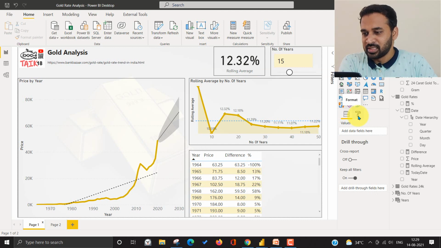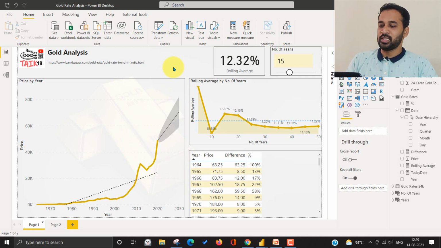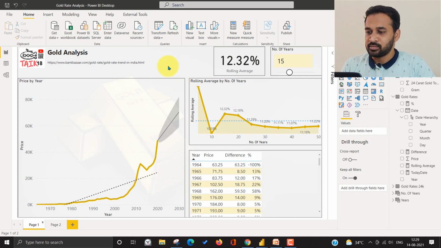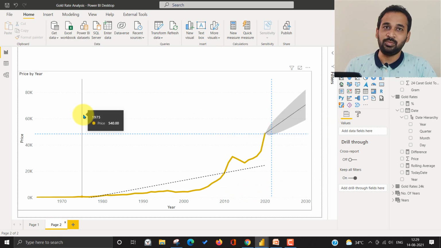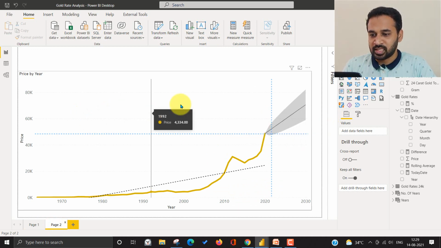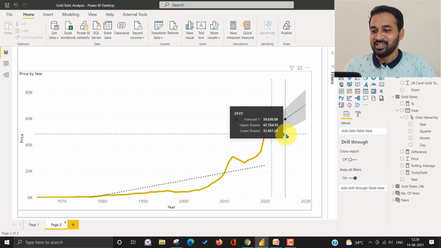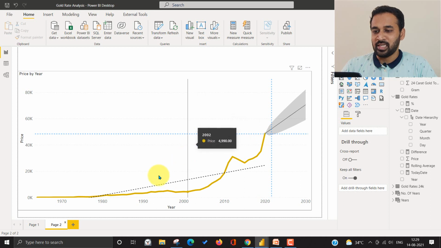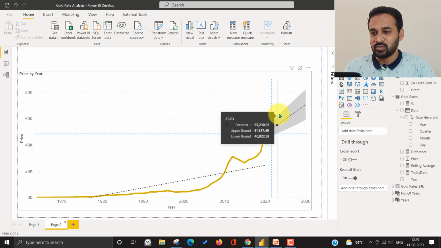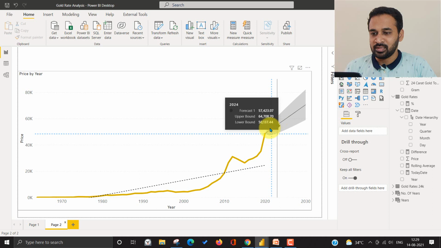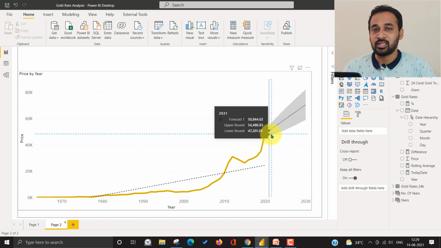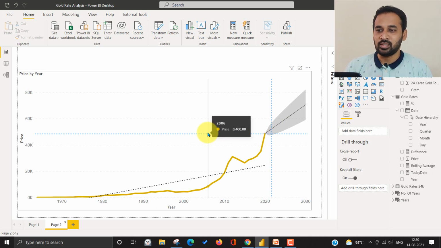So this is the one which I made last month. Now in the August 2021 update, if you look at this example I have done here, this is a constant line which shows the current date, and this is the current market price. This is amazing, right? Based on our analysis and the forecast of upper and lower bound, we can see that the gold rate as of now is at the lower bound, and it means the prediction from Power BI based on the data available is accurate.